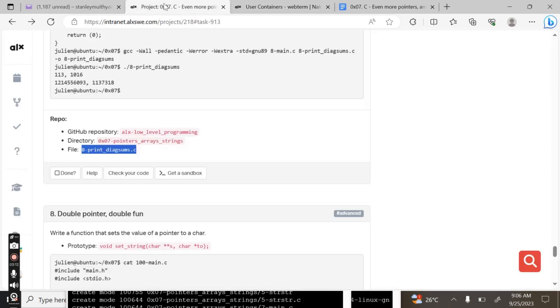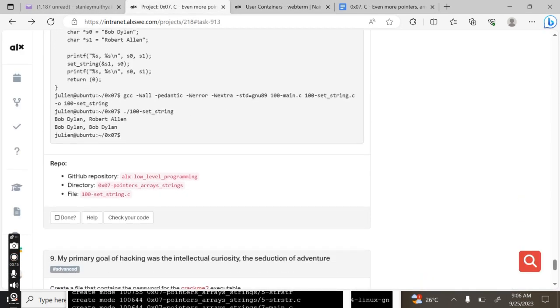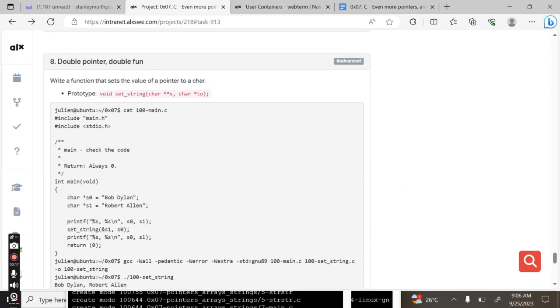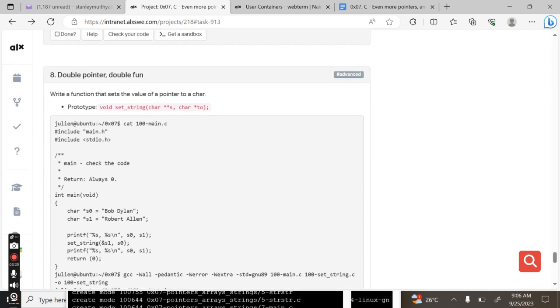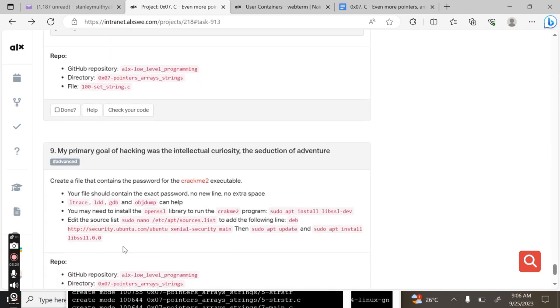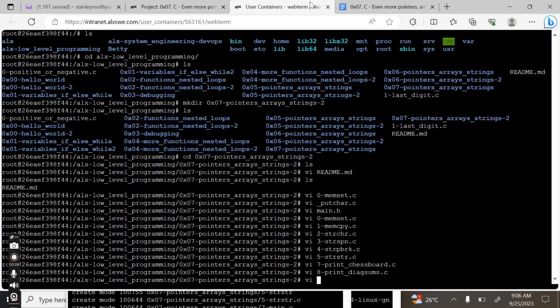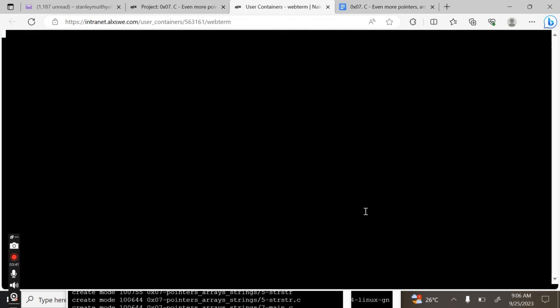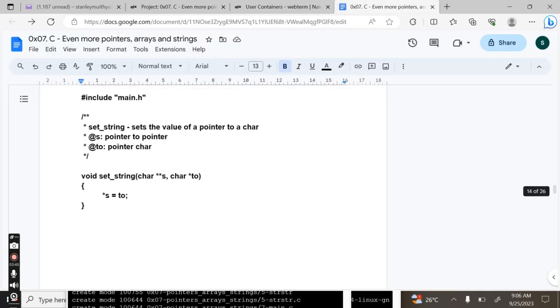Then next number 9, which is now the advanced part. You're supposed to write a function that prints the value of a pointer to a char. So copy the name of the file. Remember, just as I've said, you don't have to worry about the code. I will share the Google file at the description of my video. Enter, then we insert, copy the code,